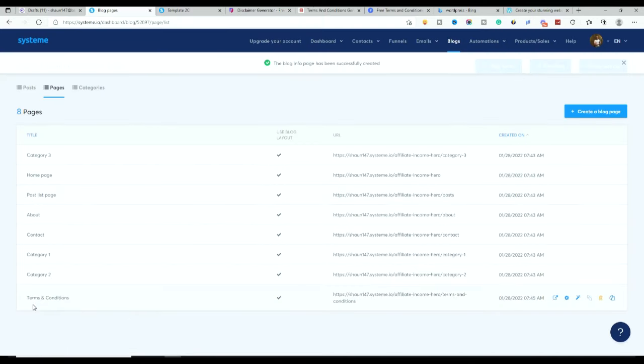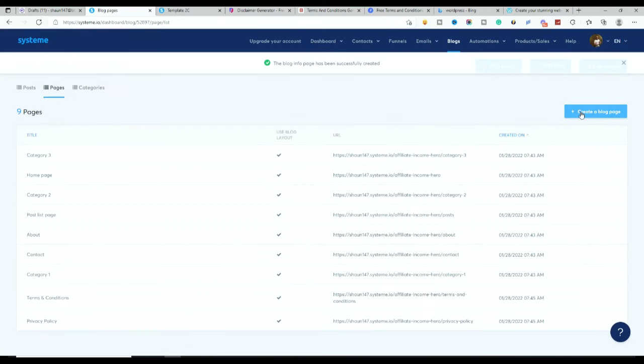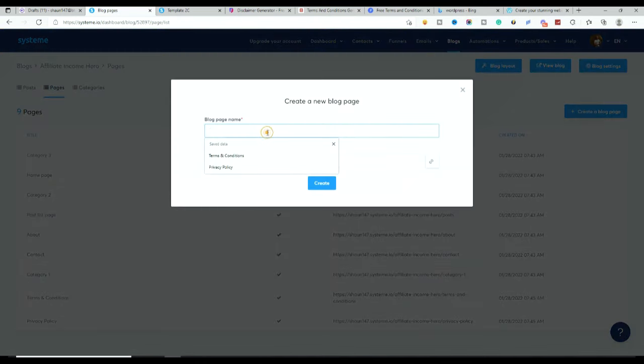So there we've got our terms and conditions page. We need to add another one. So let's go for a privacy policy. Privacy policy page, and again we need to add that as a slug. Privacy policy, create, and then the final one is our income disclaimer or earnings disclaimer